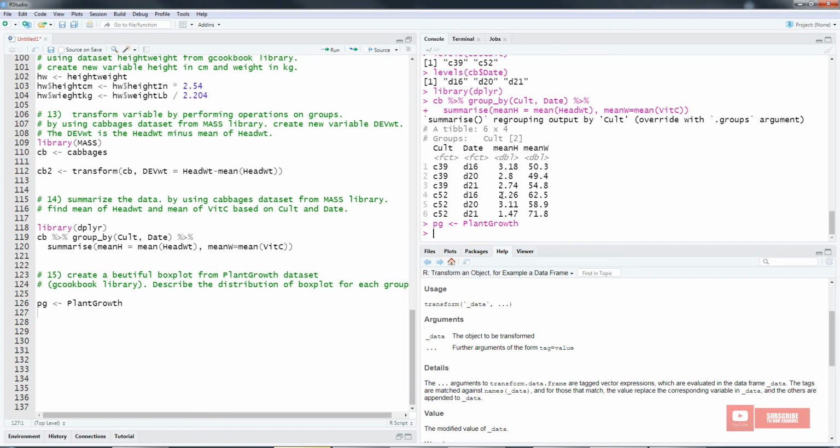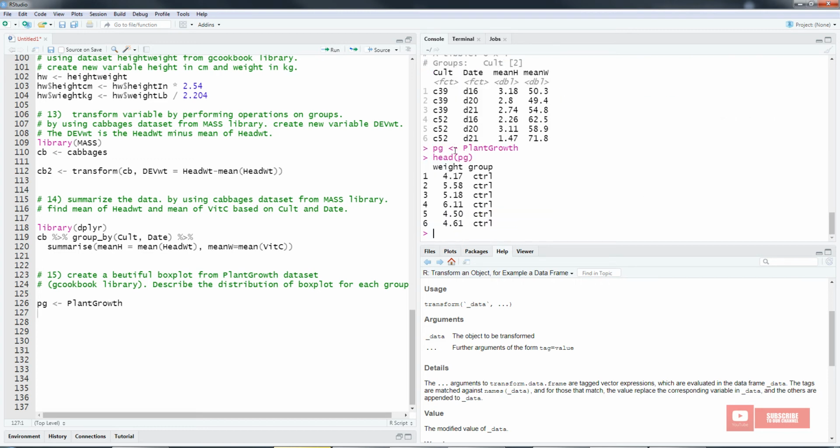So in PG, what do we have? Head of PG. We have weight and group. This group has levels: treatment 1, treatment 2 and control. So I want to create a box plot. So I'm using the library